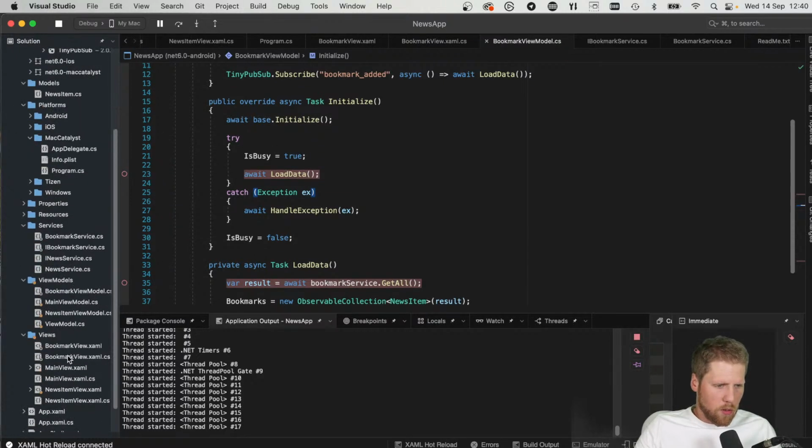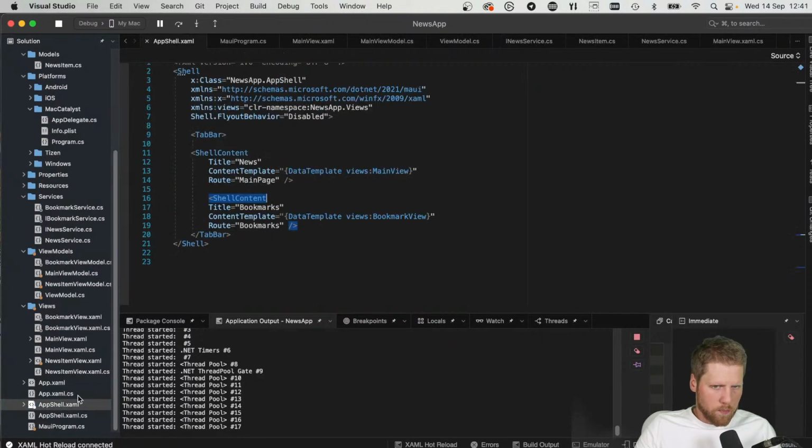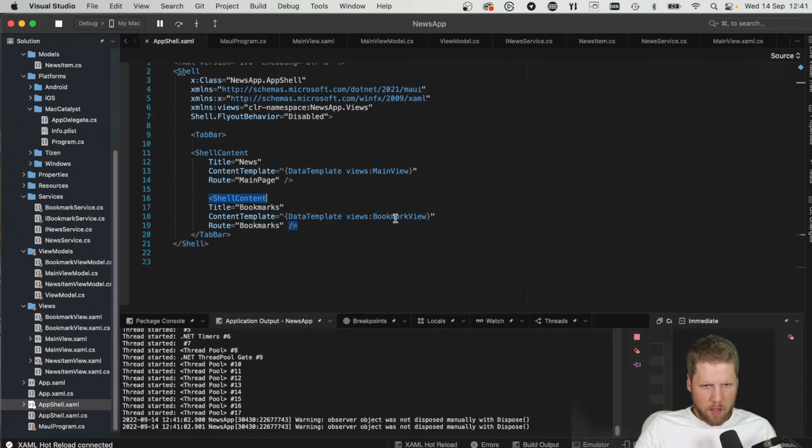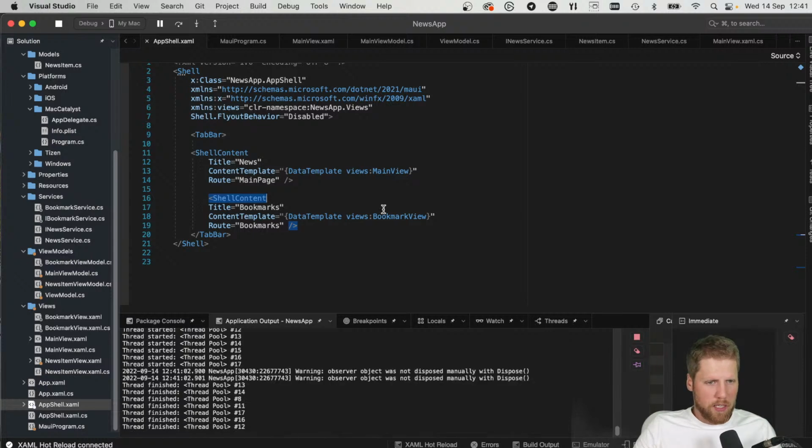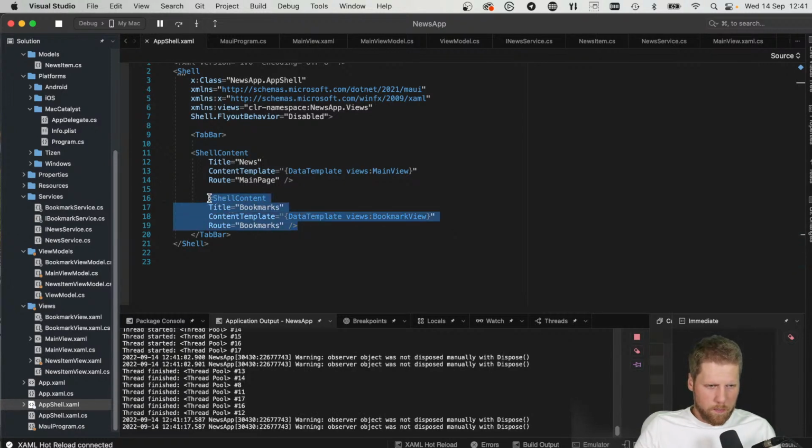It's because in app shell we did it like this, content template, and then the bookmark view, and that means it will not create the page until we go and press the button. It will load it asynchronously. If we instead had done like this,